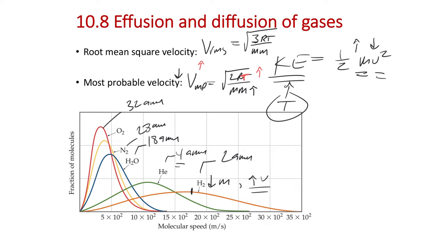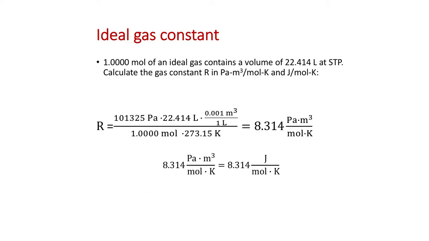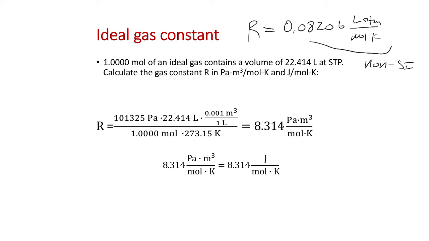And so, if we actually want to plug into these equations to solve for a velocity, let's think about the gas constant R that we'd want to use. The ideal gas constant R, the one that we've used more predominantly, of course, is 0.08206 liter atmosphere per mole Kelvin. The thing that we mentioned with this gas constant is that this is the non-SI unit version of R, a version of R that doesn't use the SI units. And so if we start thinking velocities in an SI unit like meters per second, if we want to calculate a velocity in meters per second, that's SI units.